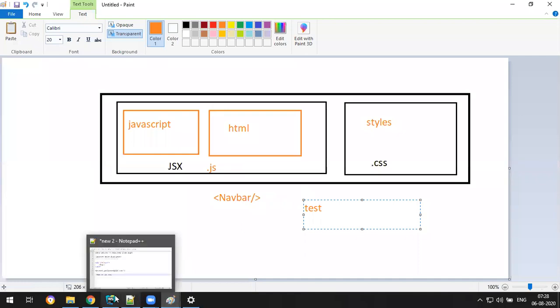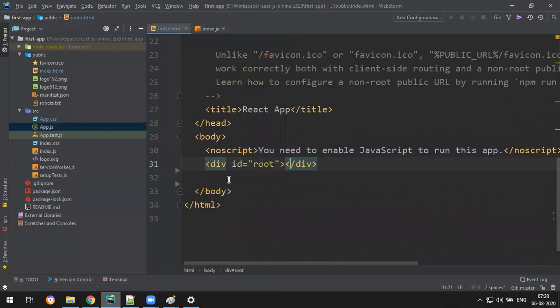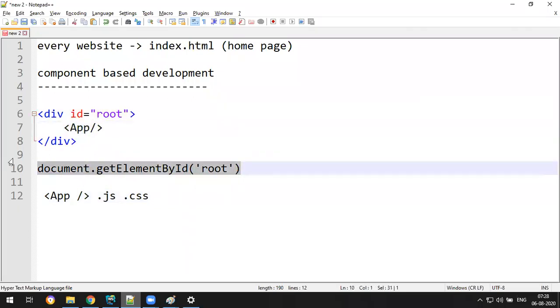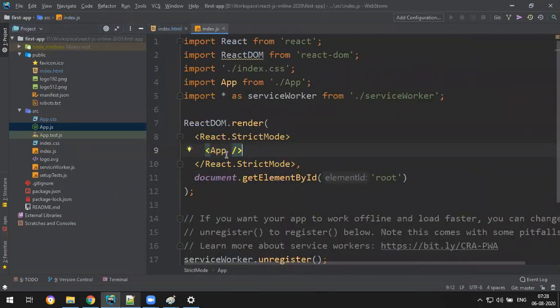This App.css and App.js all together are represented as App. So in the place of the div with id root, this App is getting replaced by index.js.